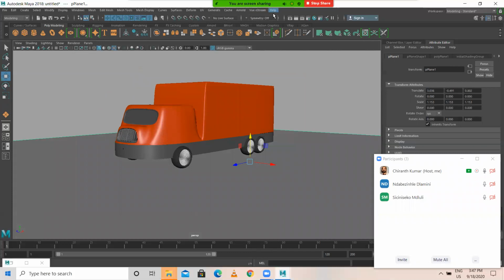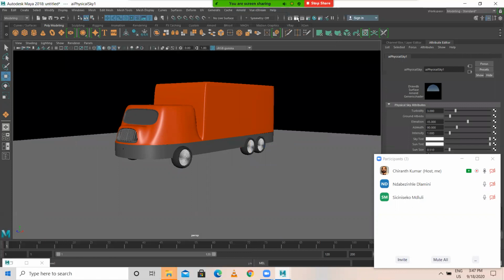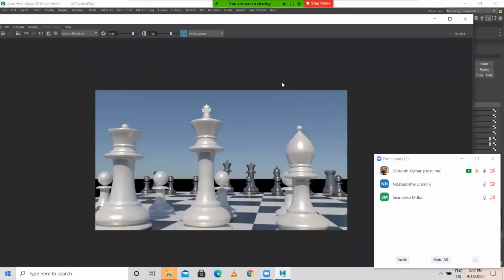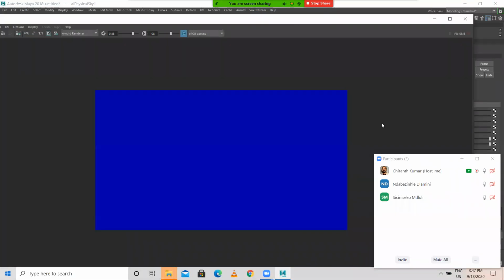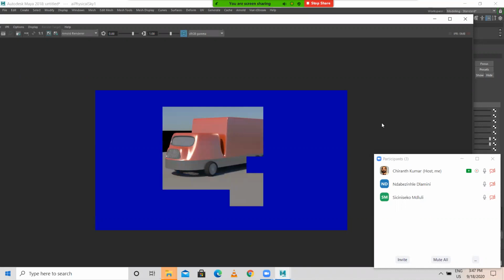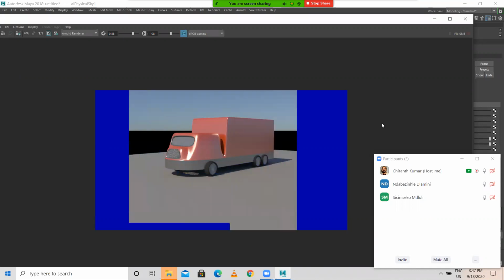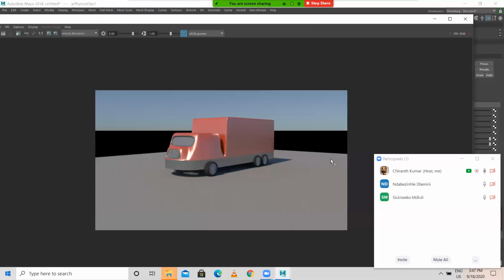So after this in Arnold, I'll create a simple light, physical light, and I take a render. We have to do proper texturing and all. A simple test render for you to do. This is how you get.